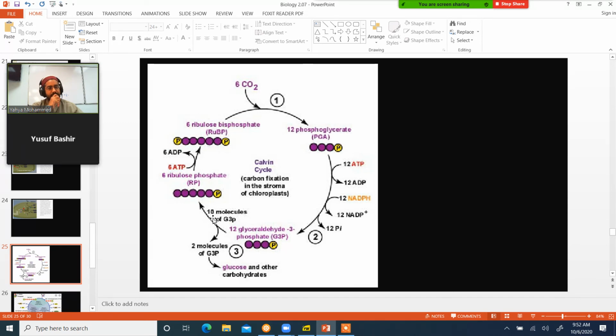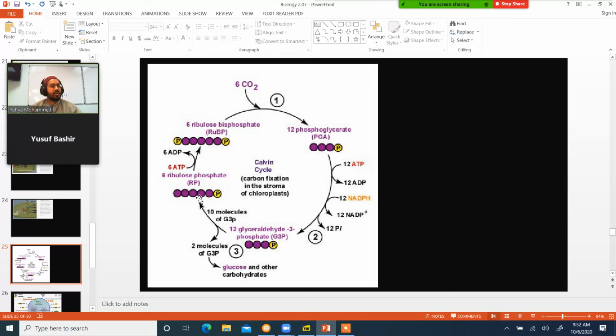Brother, you have 30, right? But the answer is 30. So I have 10. So I have 30 total, right? So G3P has how many carbons? How many of these purple circles do I have? 3, and I have 10 of those, right? It says 10 molecules of G3P, so that's total 30, right? So what happens is that those